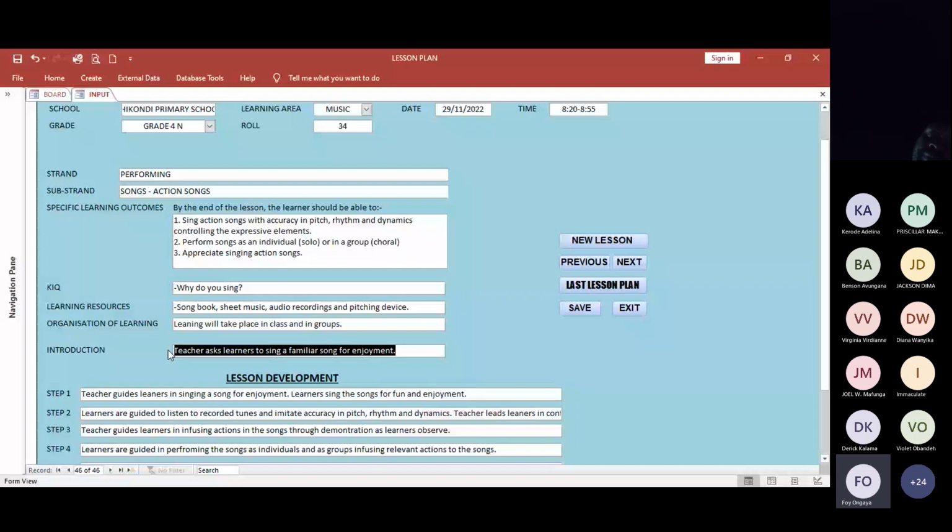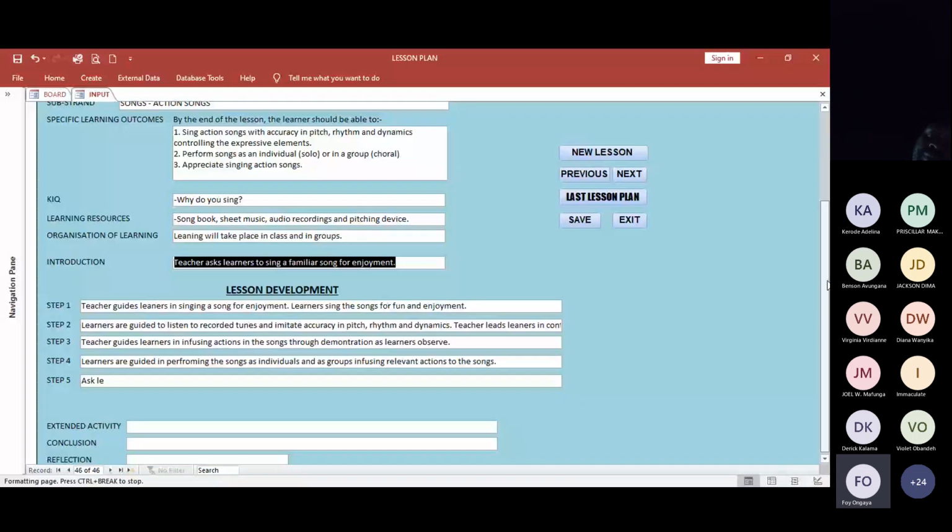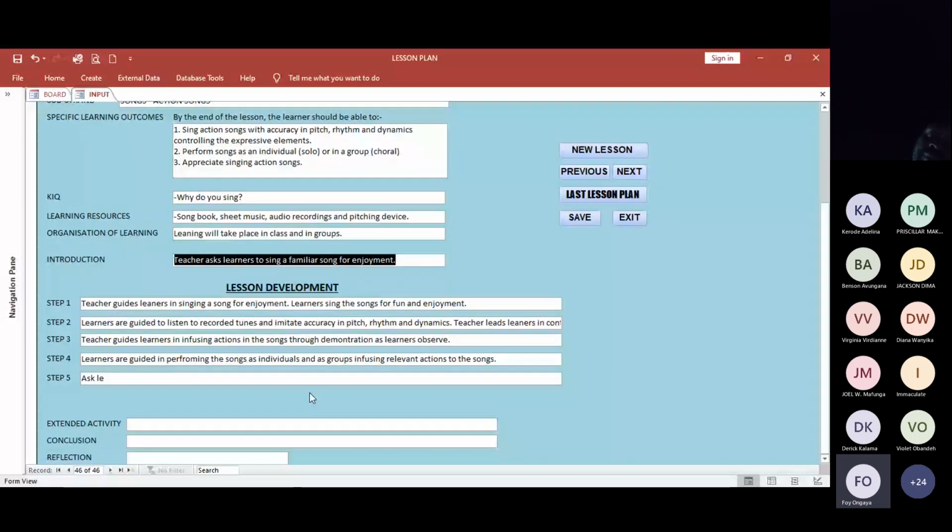And then you now come to the lesson development. We have the steps. Step 1, what does the teacher do? Step 2, step 3, step 4, and all that. Now, step 5, I didn't complete it. I want us to do it together. So at step 5, the teacher will ask learners to perform songs with actions and feelings, because that is one of the objectives that was to be achieved at the end